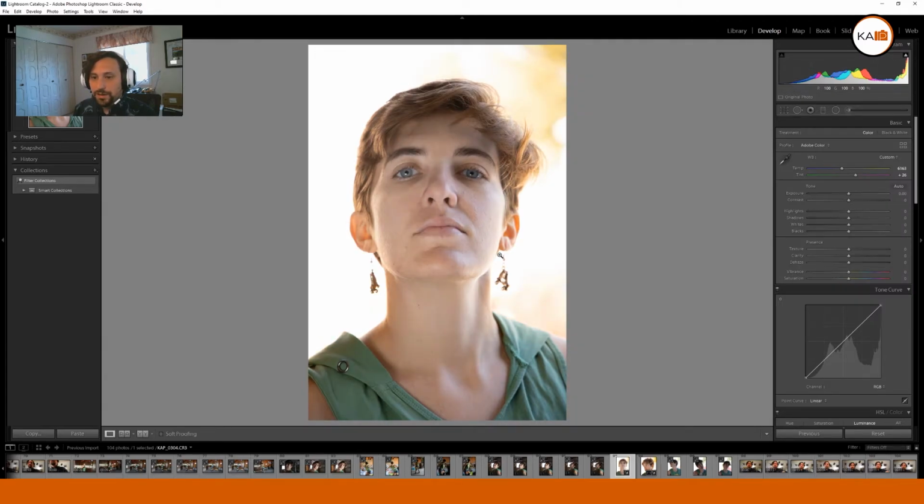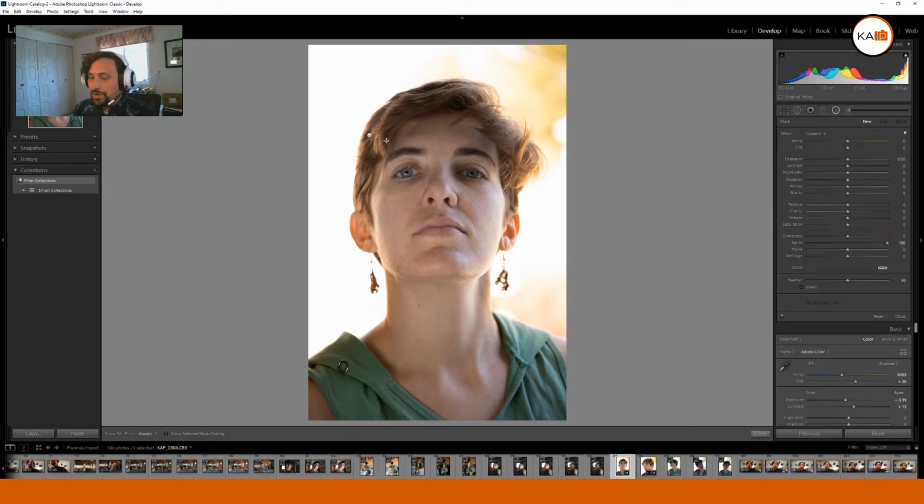Okay, that looks nice. So what we're going to do overall to the image is some tone-based adjustments. We're going to lower the exposure just a little bit, and we're going to increase the contrast a little bit for the image to kind of bring back some of the detail that was lost by that dehazing. And then we're going to go back to the dehaze brush or dehaze filter, and we're going to go ahead and bring up the dehaze a little bit more now that we got a little bit of contrast back with